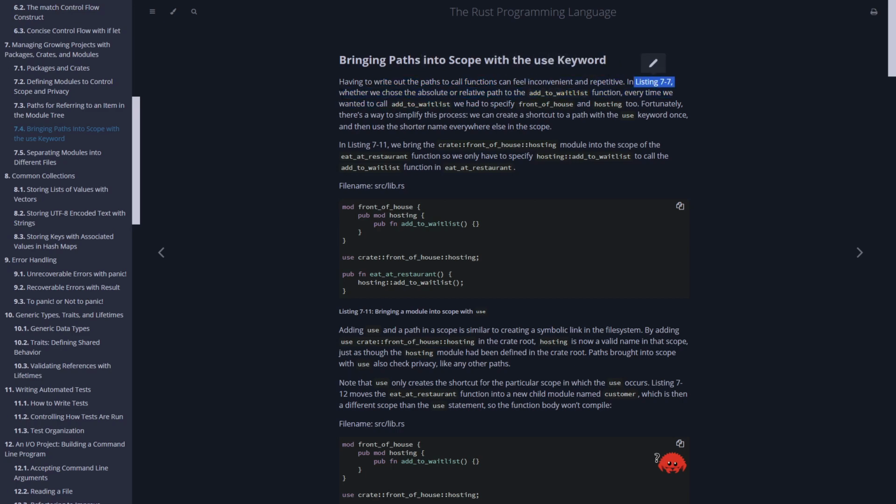In listing 7-7, whether we chose the absolute or relative path to the add_to_waitlist function, every time we wanted to call add_to_waitlist, we had to specify front_of_house and hosting too. Fortunately, there's a way to simplify this process. We can create a shortcut to a path with the use keyword once, and then use the shorter name everywhere